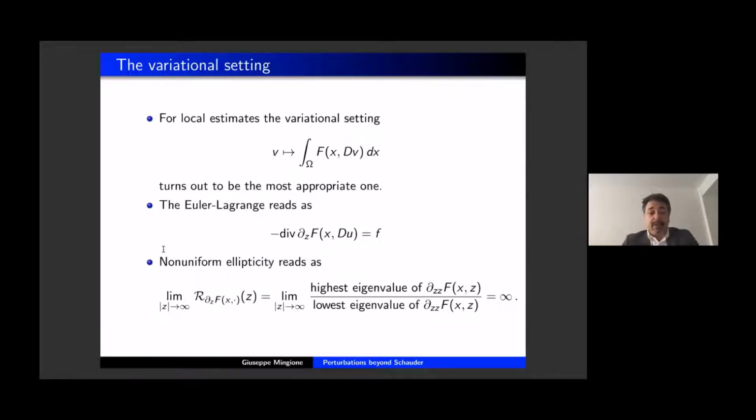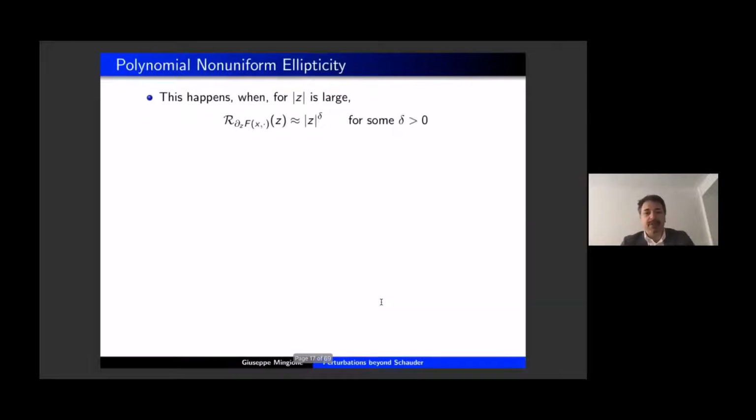Of course, if we translate non-uniform ellipticity in the variational setting, then this means that there should be at least one x such that this quantity goes to plus infinity. So you lose control on this quantity that essentially enters in all regularity estimates. So there must be a competition because the gradient tends to be unbounded and this quantity deteriorates. The standard assumption in the literature, at least the most standard assumptions until these papers of Marcellini dealing with fast growth conditions,